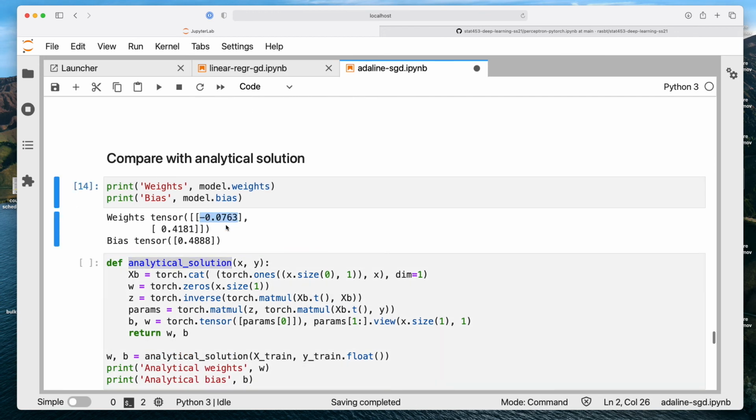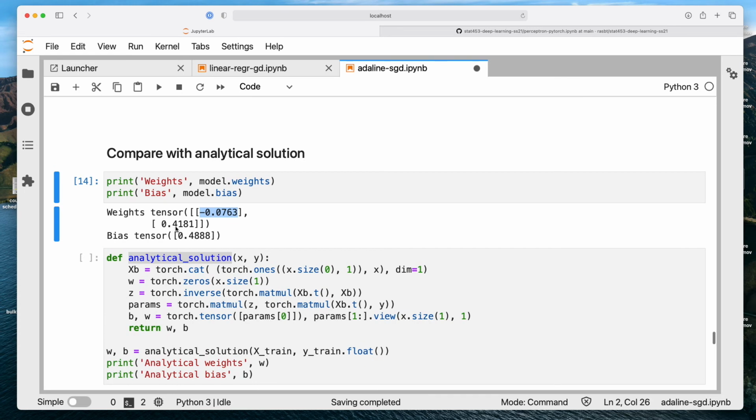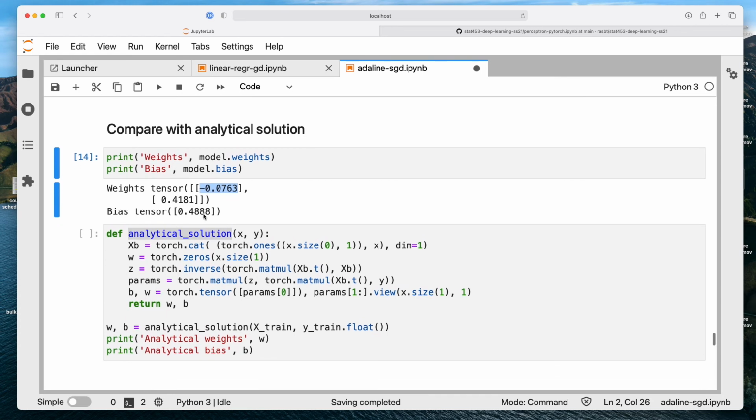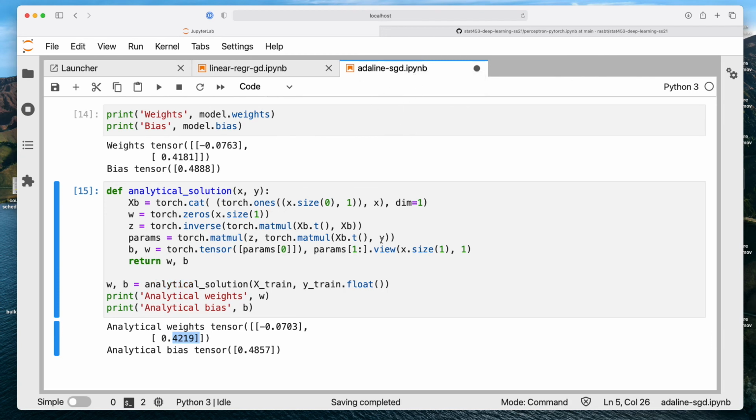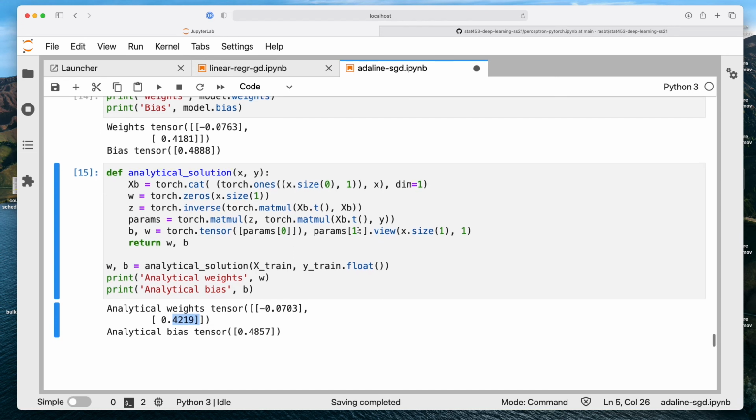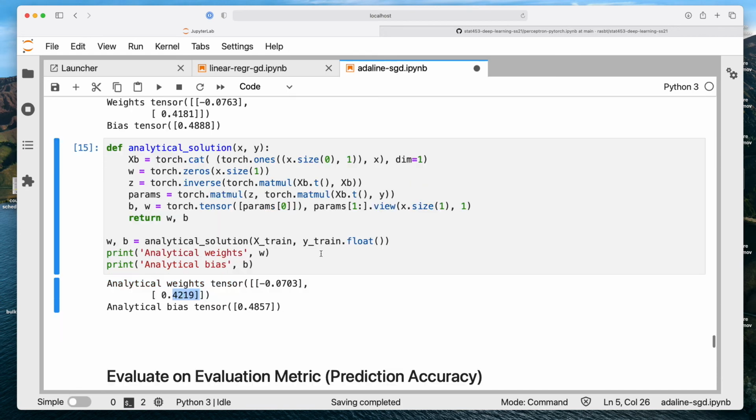So we can see the weights are 0.07 and 0.4, here 0.488. And yeah, if we look at our analytical solution, it's close. You can see it's quite close, but it's not as close as before. Before we used gradient descent instead of stochastic gradient descent. So before it was a little bit more accurate. But you can change this code also to do gradient descent. Later on, when we talk about multi-layer networks, yeah, regular gradient descent wouldn't really be very useful. So it's actually good to use stochastic gradient descent here as a practice already.